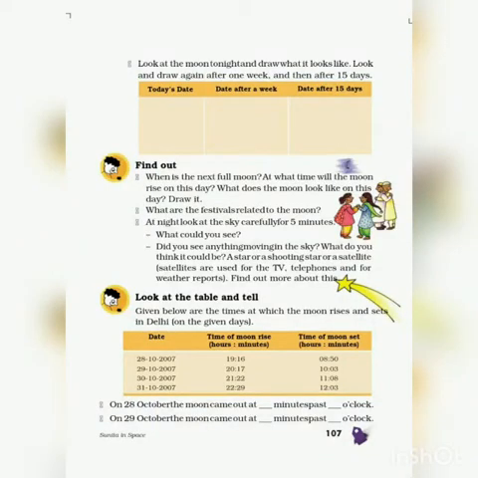Children, today we are meeting again to understand the remaining part of chapter 11, Sunita in Space. Take out page 107 of your textbook. Now you can see a table in your book. You have to look at the moon and write here today's date, day after a week and day after 15 days. So those dates you will write first,